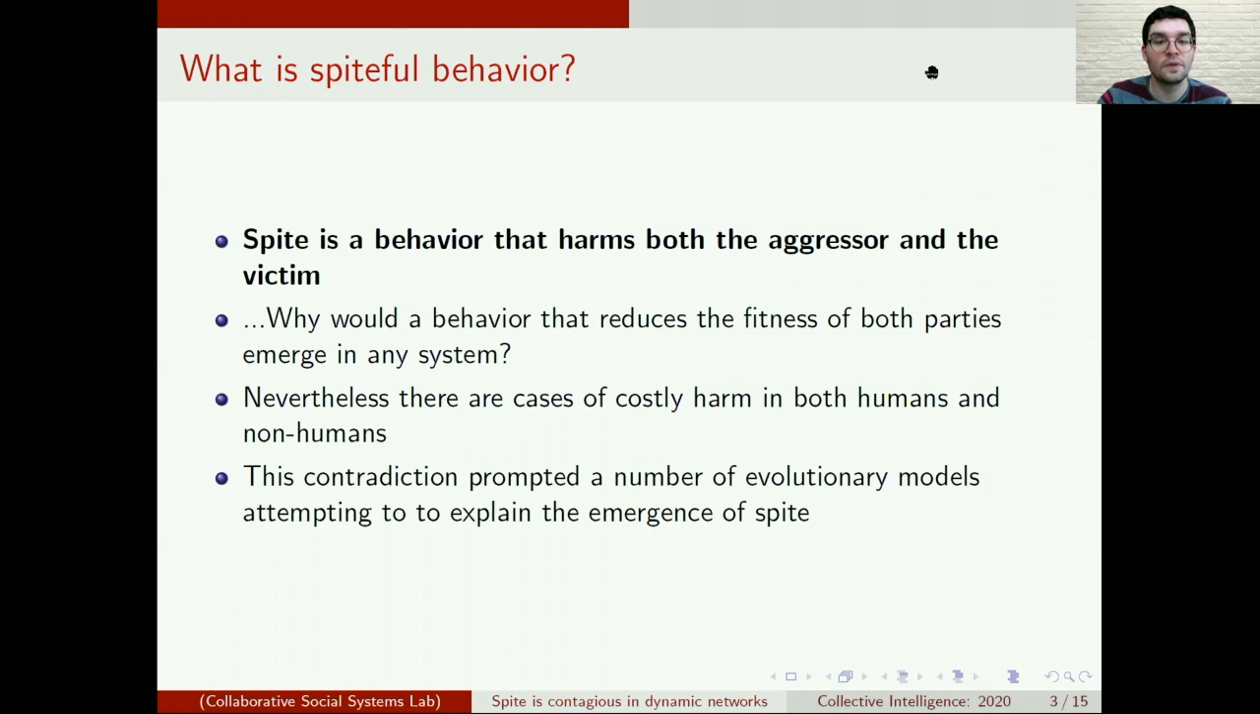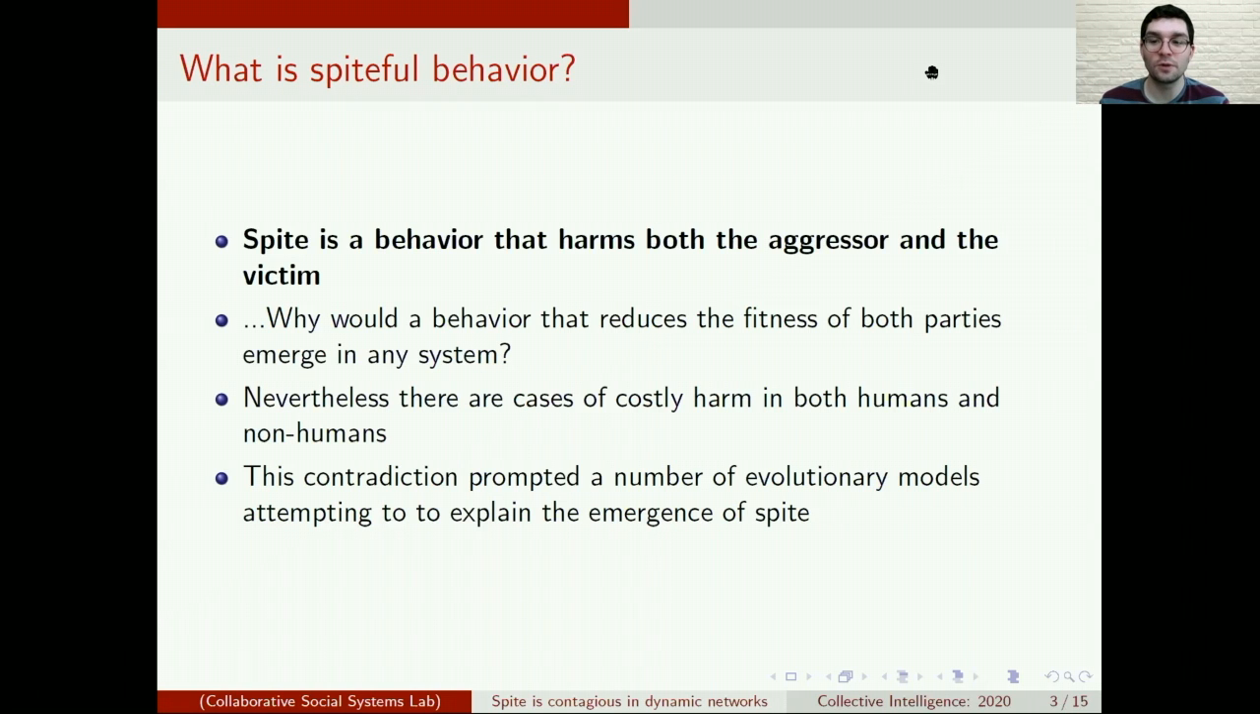So spiteful behavior is an instance of a behavior that harms both the aggressor and the victim. A key point here is that, say, when two animals are fighting for territory, both are hurt in the short term by the fight, but at least one animal wins the territory and then increases their long-term fitness because of that. Here we're describing a situation where there are no long-term benefits of the short-term aggression that hurts both